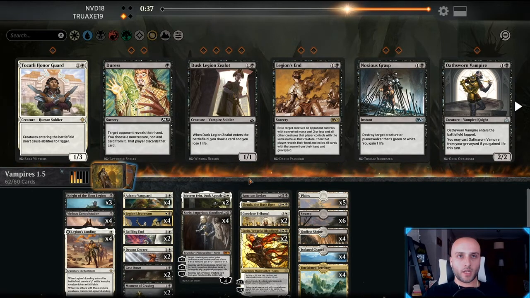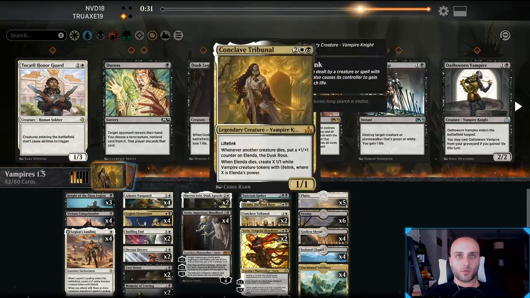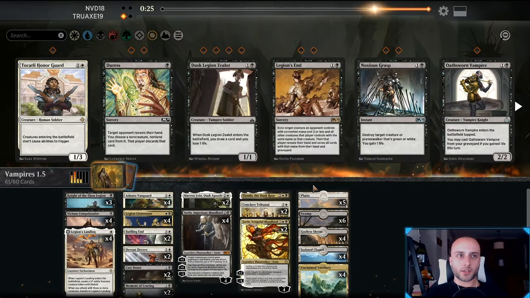And we could cut Maverick Fane. They do have a lot of ways to just remove it. It's kind of slow on its own. These are the type of cards that you want to have more often than not, I think. Although maybe Sanctum Seeker is not where we want to be. I do like Elenda, though. I'll go ahead and cut...